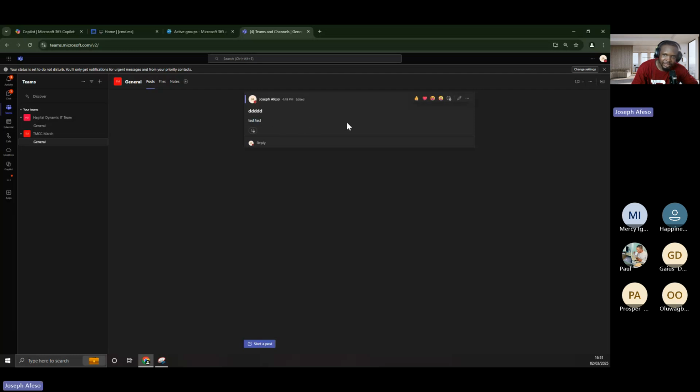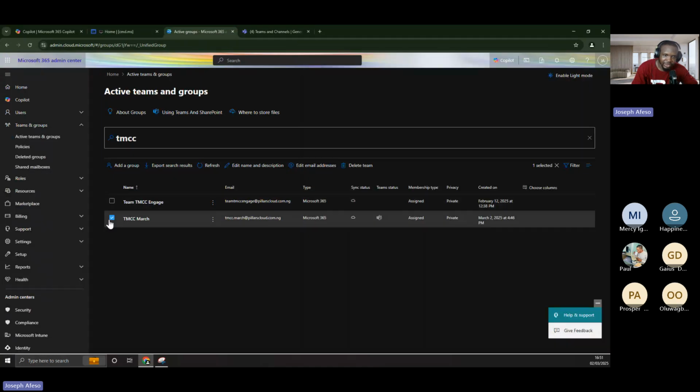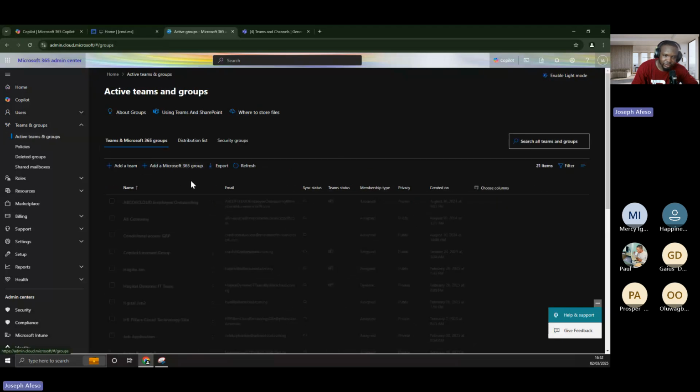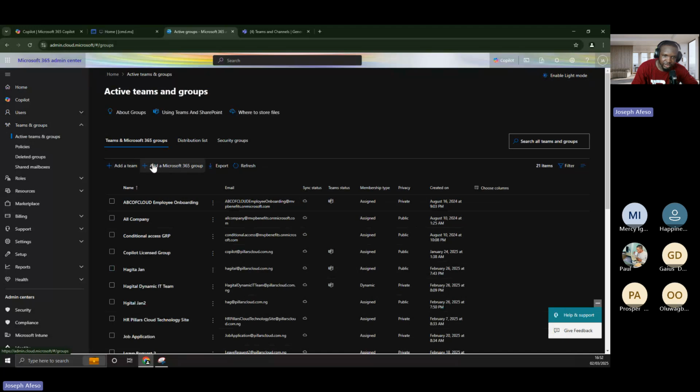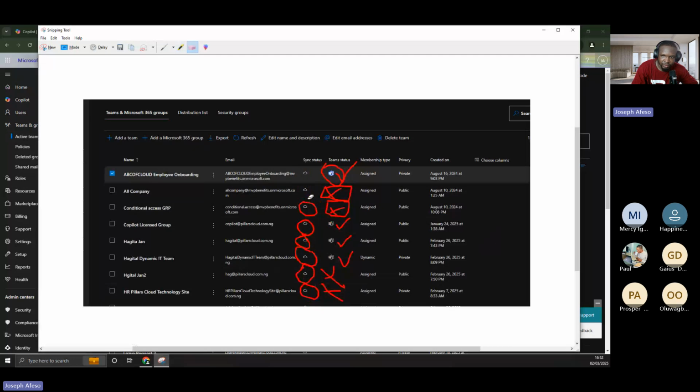So that is how a Teams group actually looks. It creates a group in Teams. But if I create a team, right, if I come back to active teams and groups, if I'm not using this option, I'm using this. This is actually a group like this that does not have team status. That's the kind of group I'm going to create, where the team status is empty. What that means is that I'm not going to see that group in my Teams because it is not a Teams group. So what do